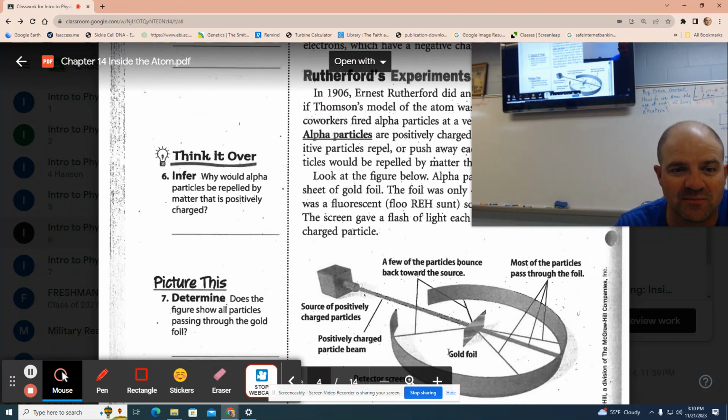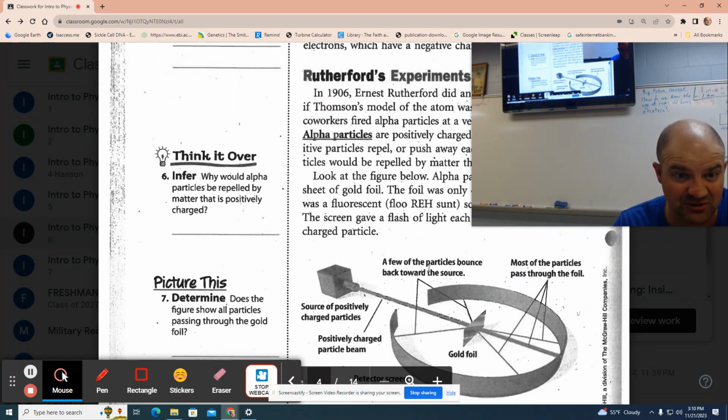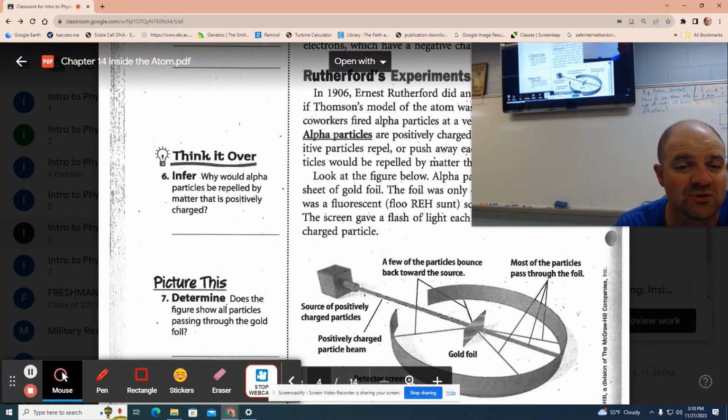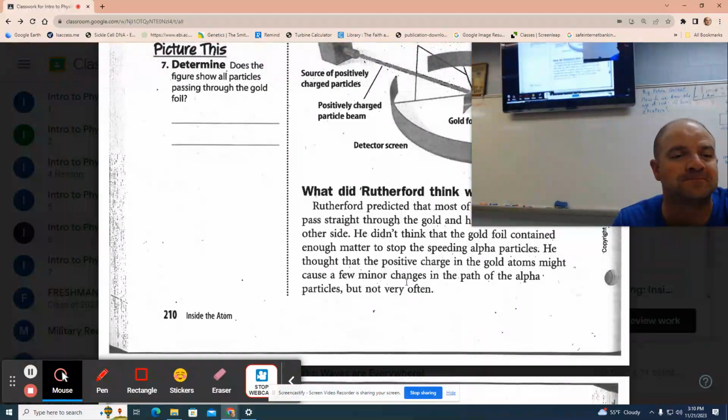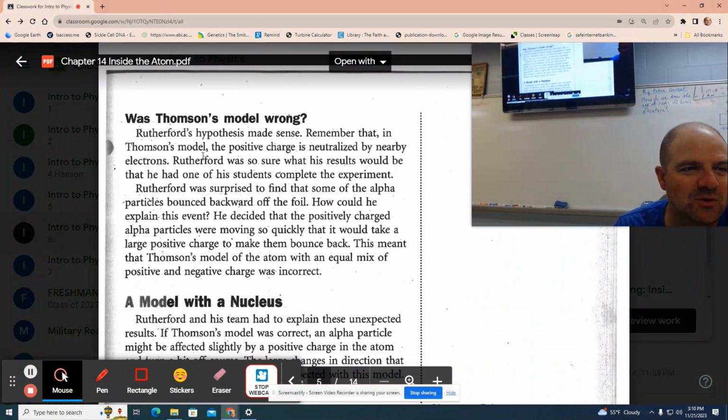Does the figure show all particles passing through the gold foil? No, it shows some of them kind of bouncing around, doesn't it? A few particles bounce toward the source, too. So not just redirected a little, but bounced back, reflected back. Was Thomson's model wrong? Well,